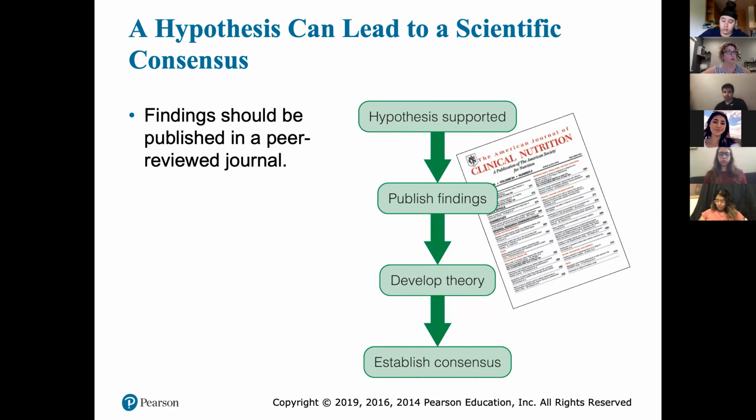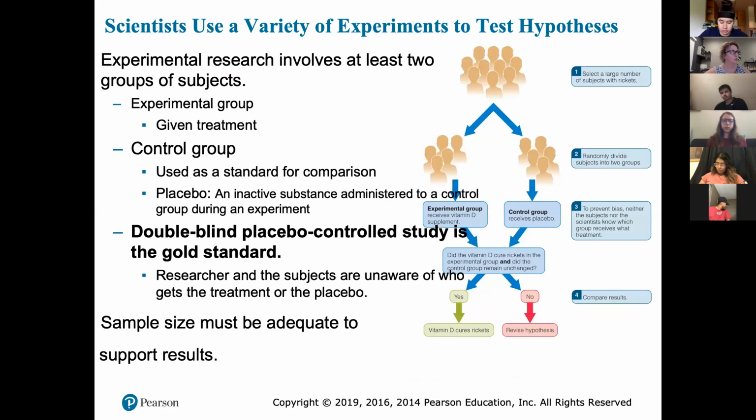There are people that are very worried because we want to get to this consensus, but they're saying you have to do all these things first. So it gets kind of interesting. When we do nutrition research, we do the exact same thing. The gold standard for any study, even in nutrition, is the double-blinded placebo-controlled study. Most of you have heard about that in the news, so I'm not going to spend time on that, but do spend some time studying this for the exam.